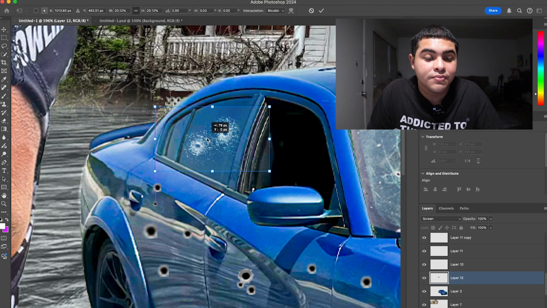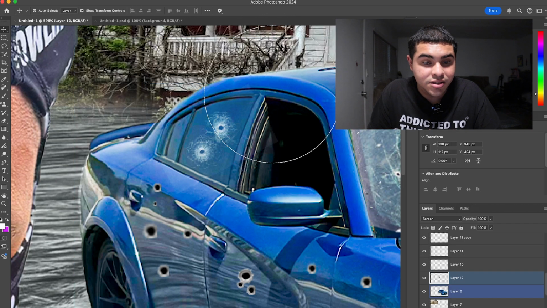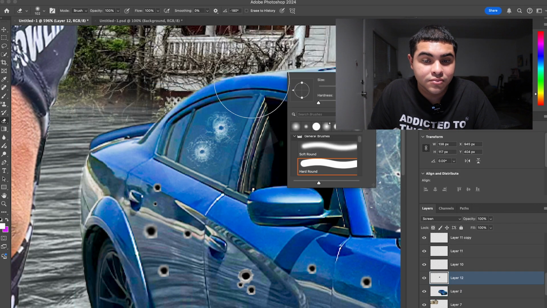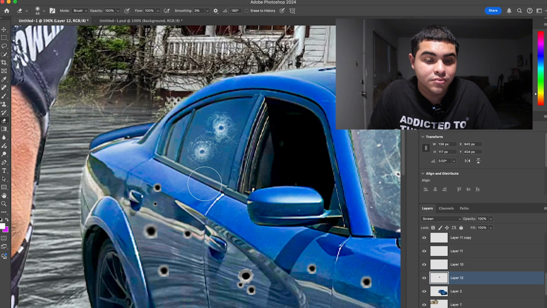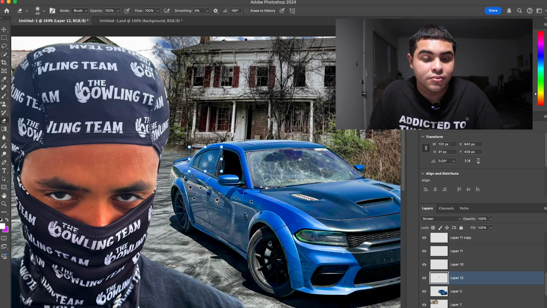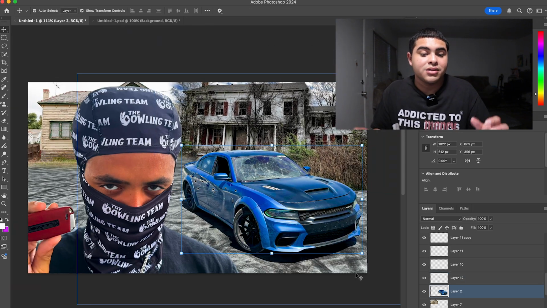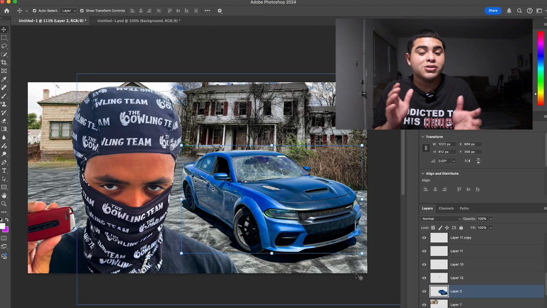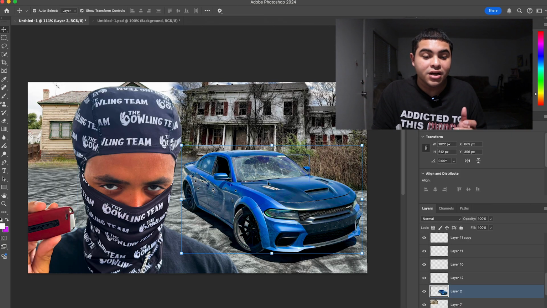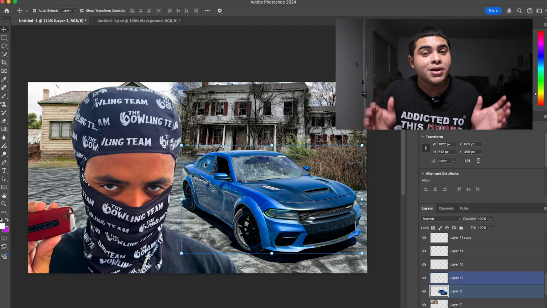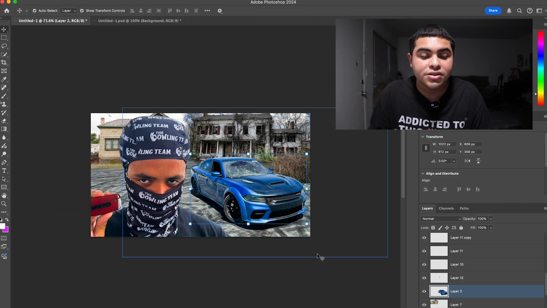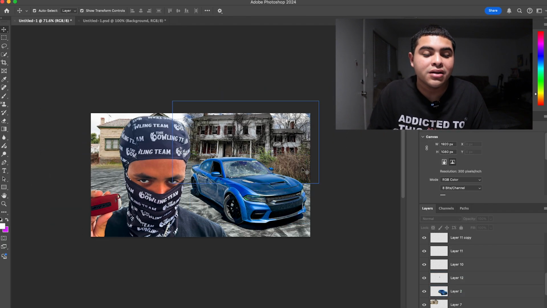Just gonna put it right here. Something like that. Grab the eraser tool. Boom. So as you guys can see, the car looks pretty crazy. It already got shot up on the windshield, on the side of the doors, the back window. It's looking crazy. Now the next thing we're going to do is add a little sign right here